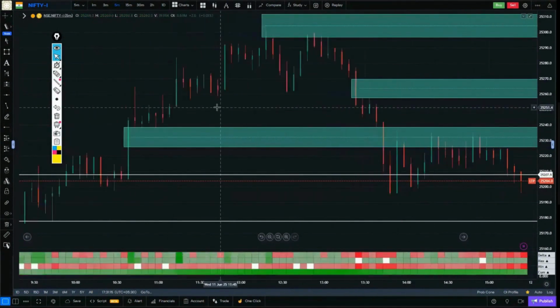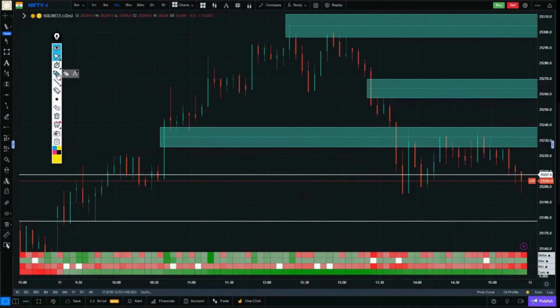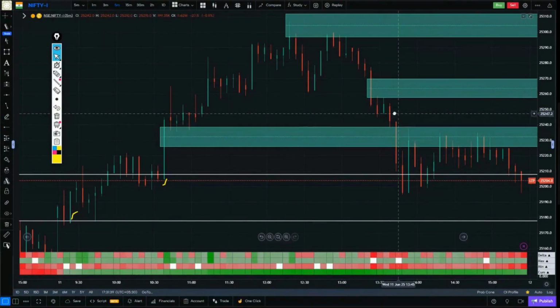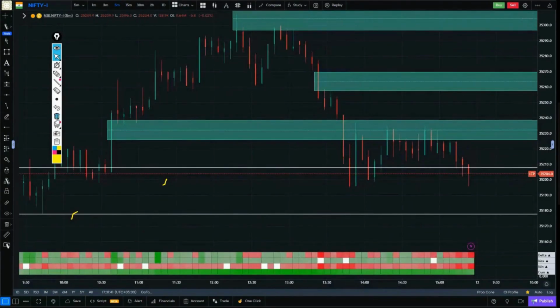Okay, so in today's market, in which candles did we see good volume? In the 9:30 candle, in the 10:30 candle, and then in the 11:15 candle, in the 11:50 candle, in the 12:20 candle, and in the 1:25 candle, and in the 1:45 candle as well. These were the candles in which we saw a significant amount of volume, and these very candles played a very important role in support and resistance in the market. Okay, this was today's quick